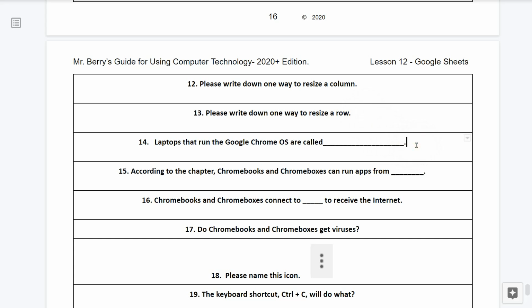Question number 14. Laptops that run the Chrome operating system are called what? Question number 15. According to the chapter, Chromebooks and Chromeboxes can run apps from where?